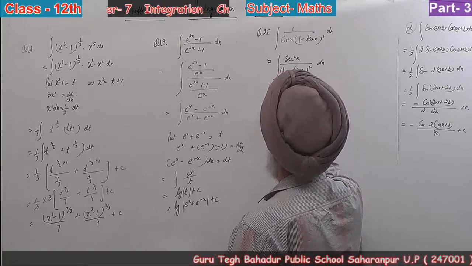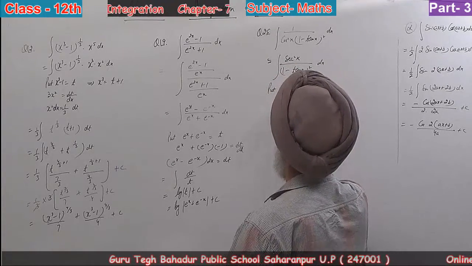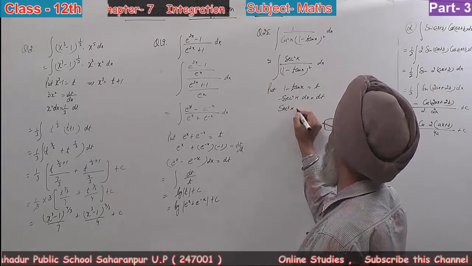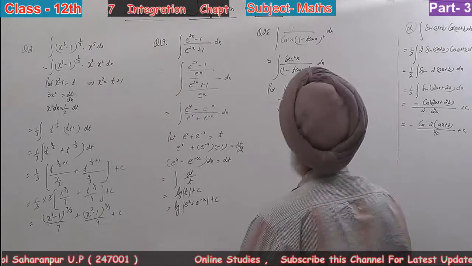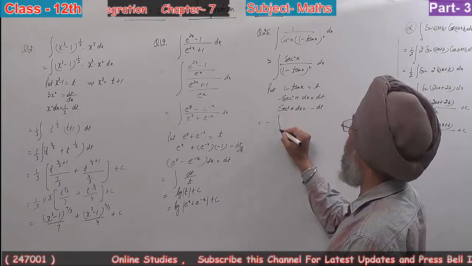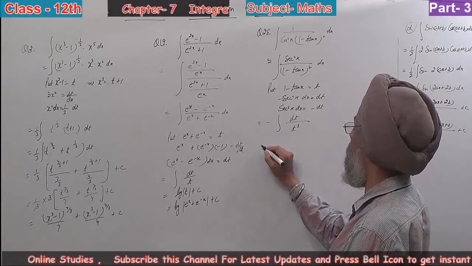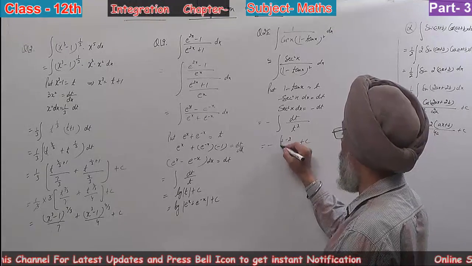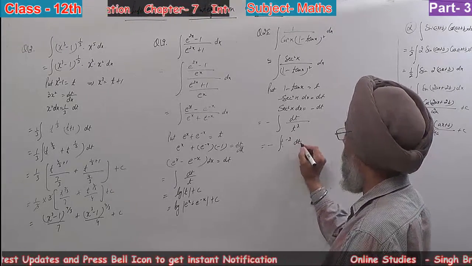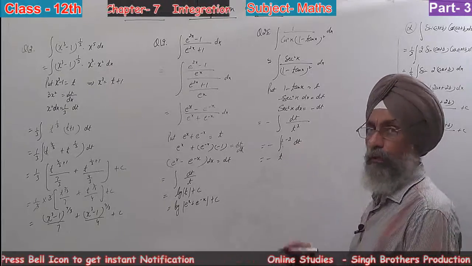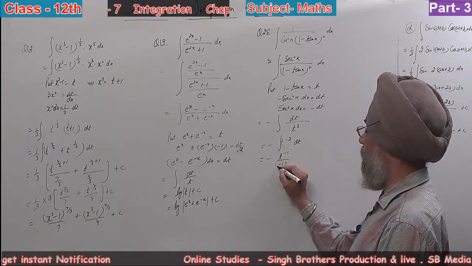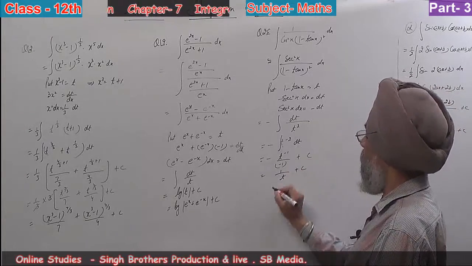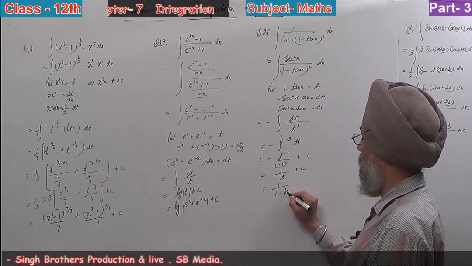Now substitute 1 − tan x equal to t. So −sec²x dx is equal to dt, or you can take sec²x dx as −dt. So it is −dt upon the square of t, that is −t^(−2). Integration becomes t^(−2+1), that is t^(−1) upon −1, plus c. So 1/t plus c, and t is 1 − tan x, giving 1 upon (1 − tan x) plus c.